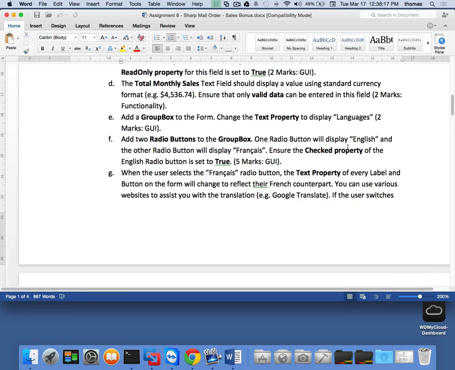Okay, now we're going to add 2 radio buttons. And radio buttons are those little points, right? If you don't know what they are, you add them into the group box. And you want to ensure that the checked property of the English radio button is set to true by default. Again, this is in design time. Remember we talked last week, just as a review, that there are 2 types of states we're talking about here. One of them is